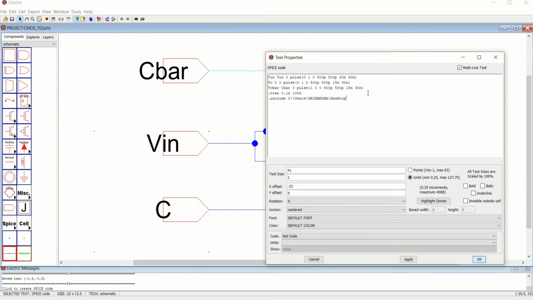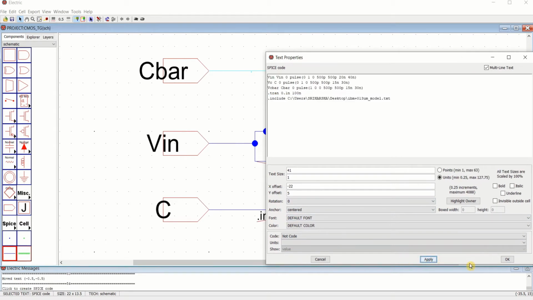On the desktop, I have placed this. So this is the path which is to be included. So say apply. Okay.